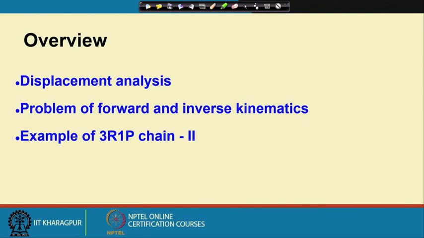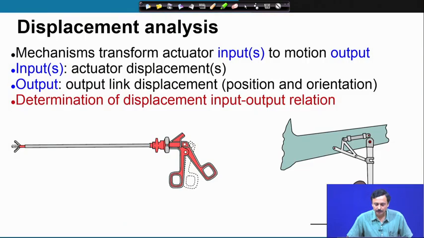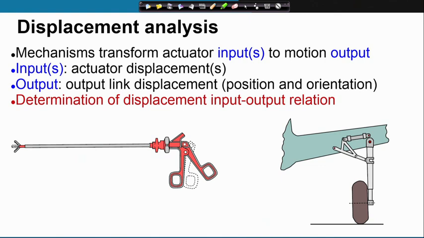Let us continue with the displacement analysis problem, and today we are going to look at another example of displacement analysis of a constrained mechanism. Just to give you the overview of today's lecture, we are going to look at the example of a 3R1P chain of type 2. We are going to look at the forward and inverse kinematics problem. Just to review what we have discussed previously, we have seen that the determination of the input output relation